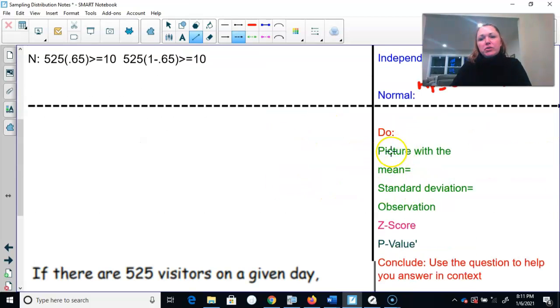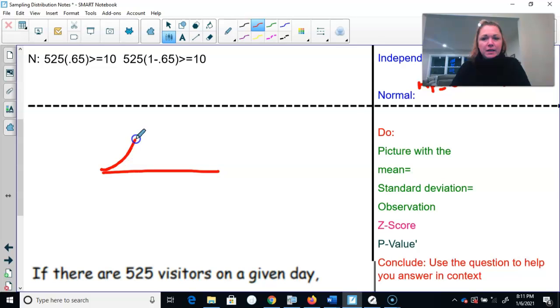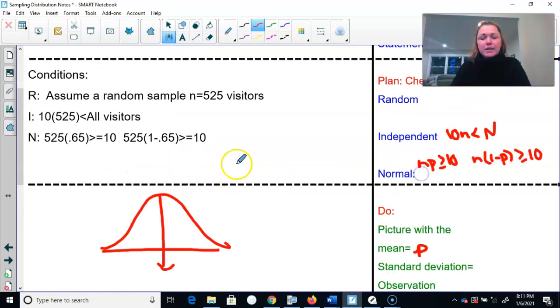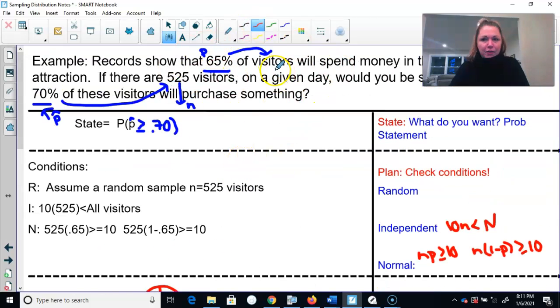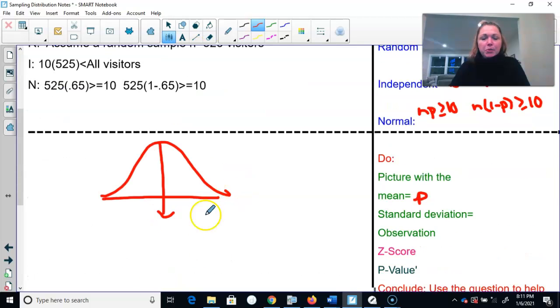Okay, so that comes to our do. So what am I looking for in the do? I'm looking for a picture, okay? That's our model, our sampling distribution of a statistic with our mean, okay? Remember, our mean is our P. So in this case, I always encourage you to identify everything when you're reading it. Our P is 0.65, okay? Our standard deviation,